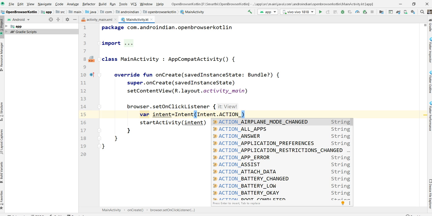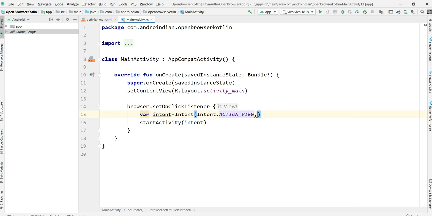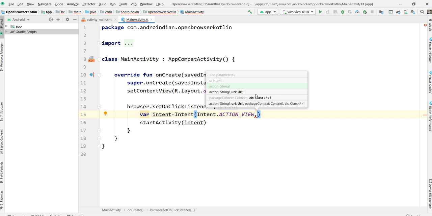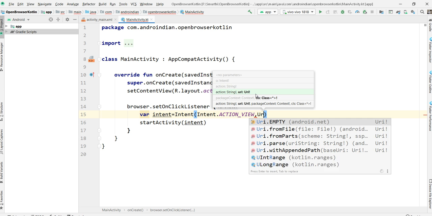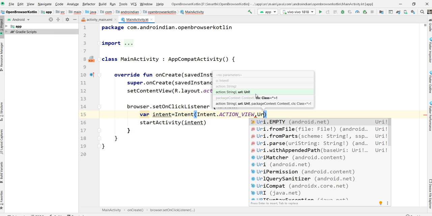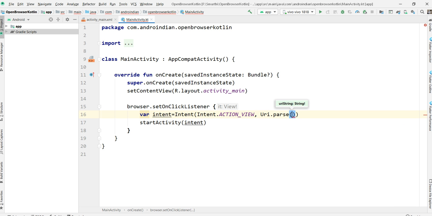We want to open the website, so it's a view. Then comma. As the second parameter we are passing the URL, so I want to write Uri dot parse. Within this we need to define the URL.